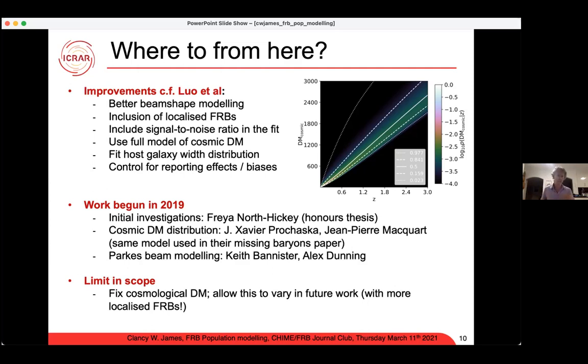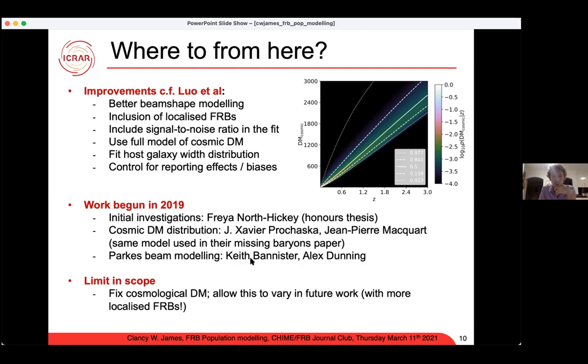However, for a lot of observations, from telescopes where only one FRB was seen, or maybe one here and there, there are a lot of Parkes FRBs, for instance, which have been published from other observations where we know the time that the observer spent looking, but what we don't know about is all the observations where someone was looking at a random object and didn't see an FRB, because no one bothers publishing that. So for this kind of work, I was supervising Freya for an honours thesis, got these guys to contribute to the DM distribution, and we took a closer look at the Parkes beam shape, including an improved model from Alex.